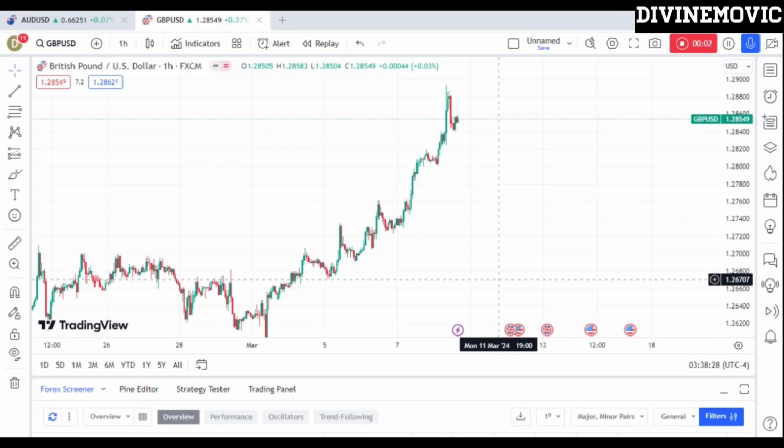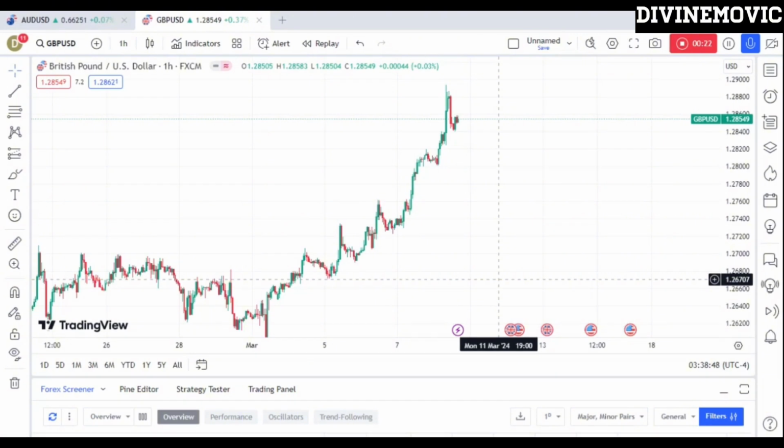Now we're going to analyze GBPUSD together and see what's going to be the possible outcome. If it's going to be a winning trade, we'll win together, and if it's going to be a losing trade, we'll lose together. So if you're seeing me for the first time, the way we normally analyze a trade here is to go to the higher time frame and then analyze it down to the lower time frame